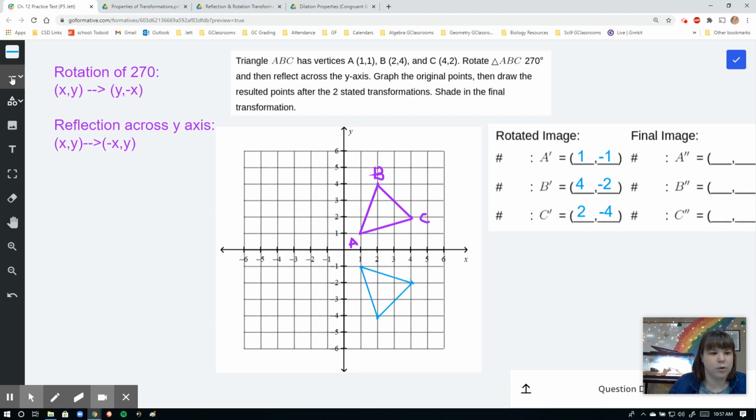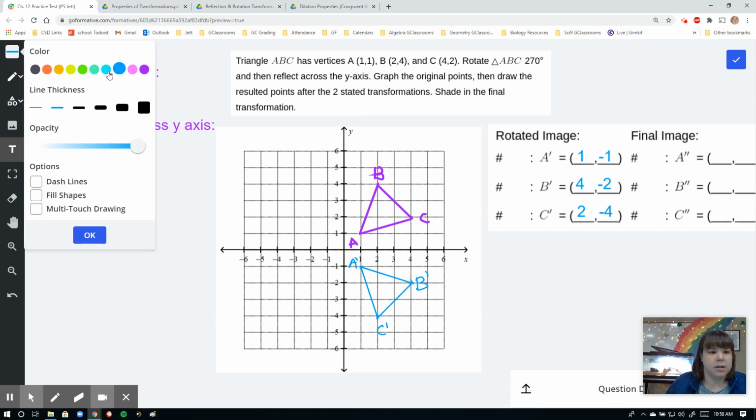I'm also going to label my vertices. So we said that this is A prime. And then we said that (4, -2) is B prime. And then we said that this one is C prime. Okay, so we rotated our image. The next thing we need to do is reflect it across the y-axis. So here's our y-axis. So we need to take this and flip it over here. So we're just going to take that x value that's right here